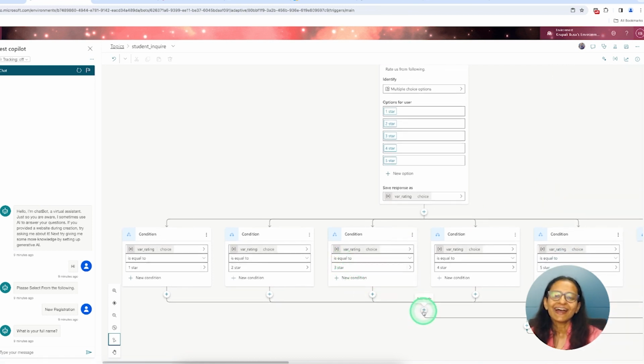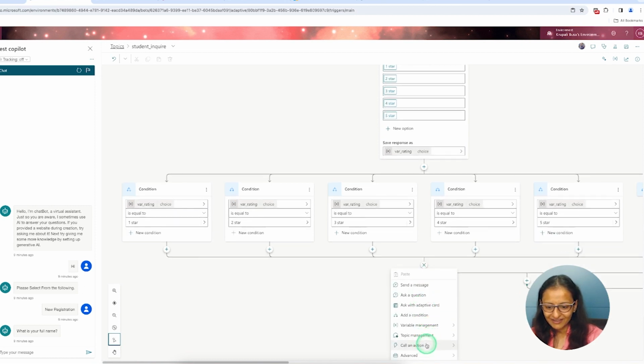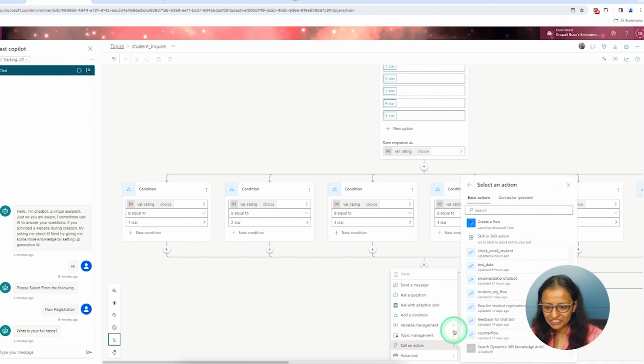After that I am designing a flow which will take the rating and the student email from the chatbot, and the flow will insert the data. For that I need to click the plus sign, call an action, and create a flow.